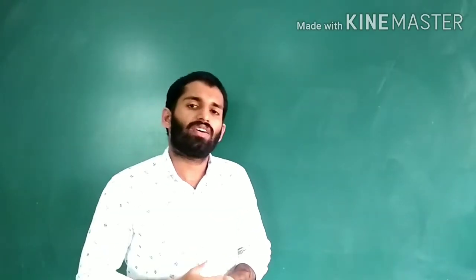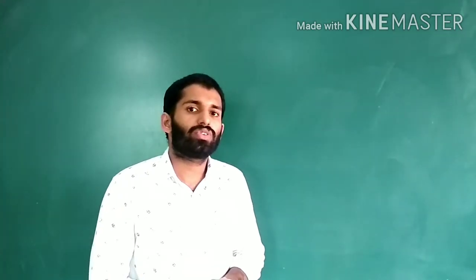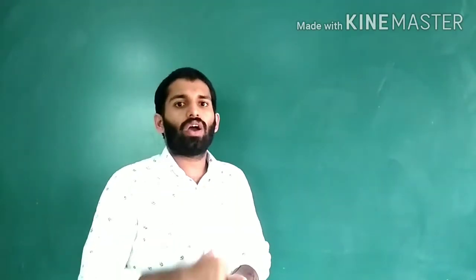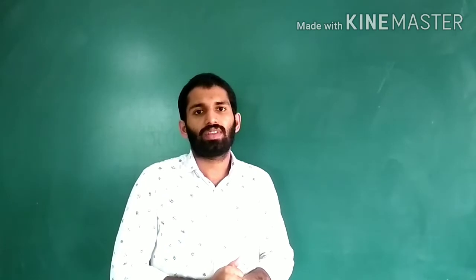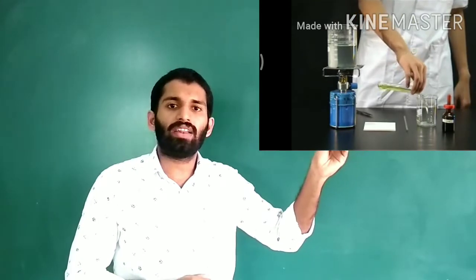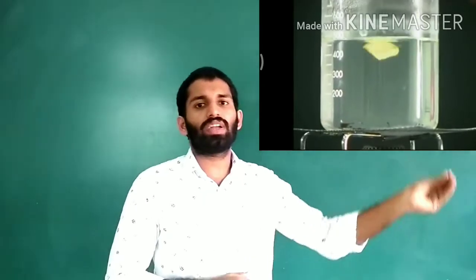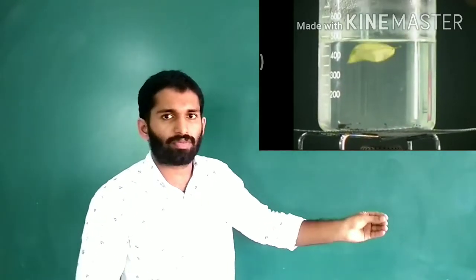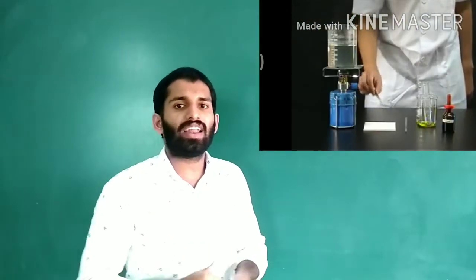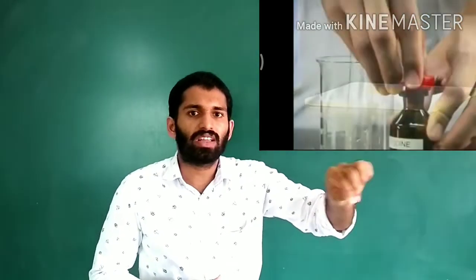And why are we heating this leaf in alcohol? It is to remove the chlorophyll present in the leaf. Now, what is the next step? The next step is to take the leaf from the alcohol, put it in water and cool the leaf. Now, we take the leaf and go for the final step. What is our final step? Take 1 or 2 drops of iodine and add 2-3 drops on the leaf.